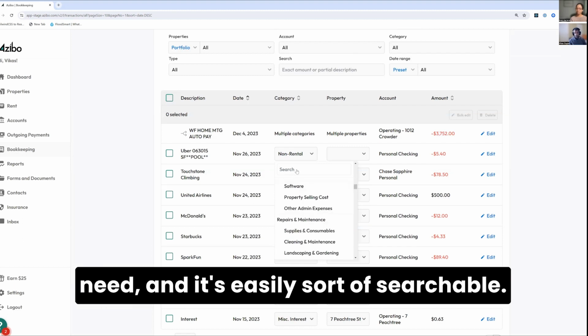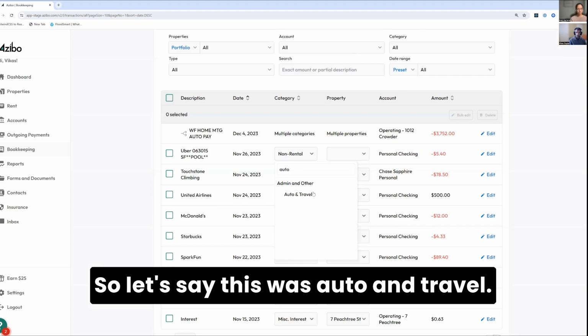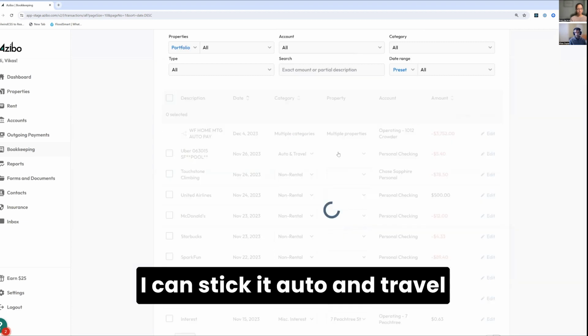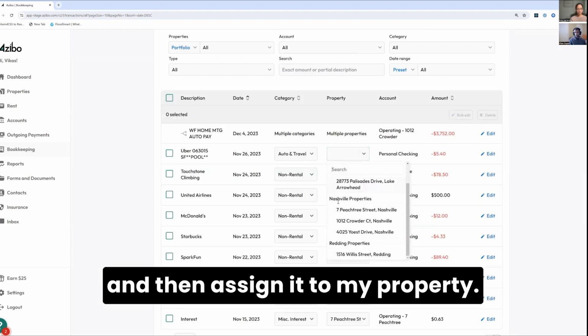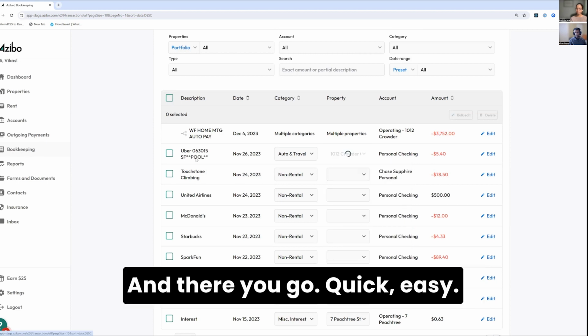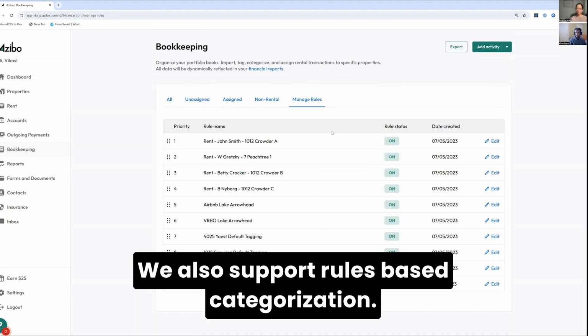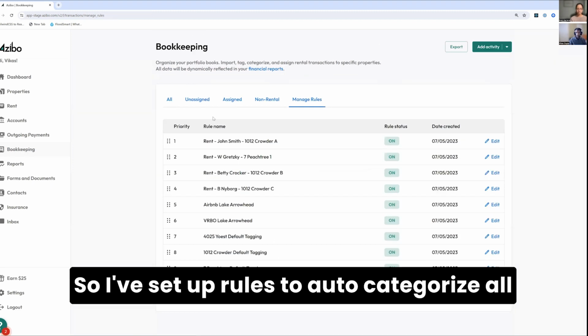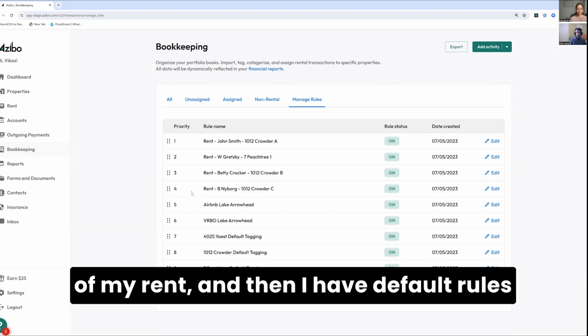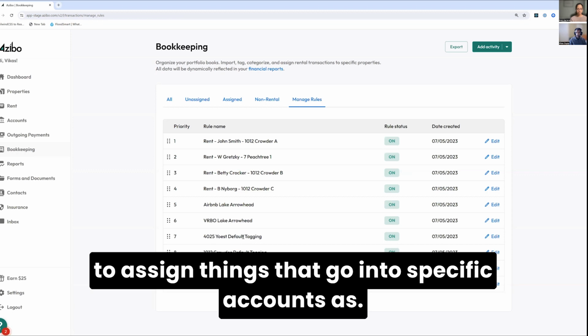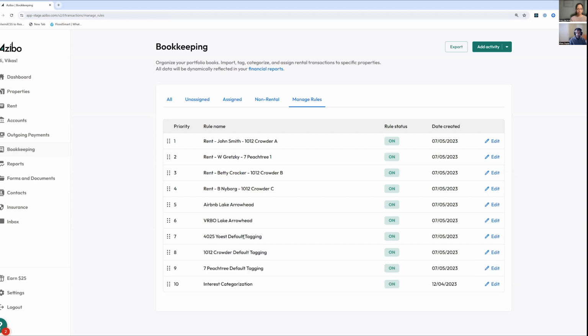And it's easily searchable. So let's say this was auto and travel. I can stick it auto and travel and then assign it to my property. And there you go. Quick, easy. We also support rules-based categorization. So I've set up rules to auto-categorize all of my rent. And then I have default rules to assign things that go into specific accounts as